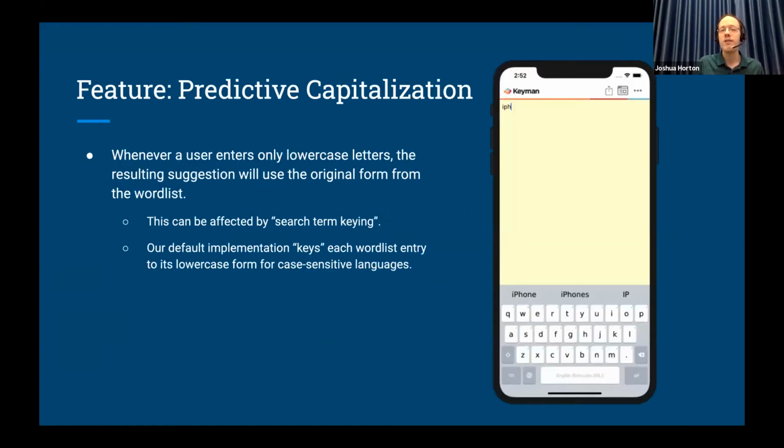So whenever a user enters only lowercase characters, the form that we can cleanly match against, the resulting suggestion we've decided is going to use the original form as typed within the word list. So if somebody decides in their model they want to have iPhone using the official Apple style of writing it, we need to have an uppercase P. So the proper lowercase form of an iPhone for actual normal use would be as seen here,